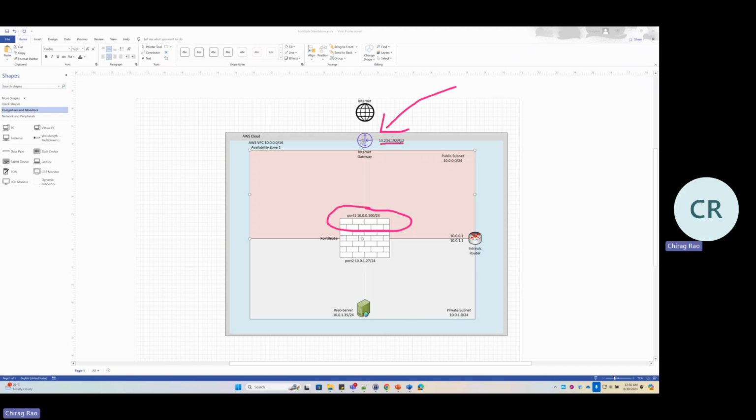This is an old IP. This would be updated, but we need a public IP. In AWS, a public IP is called an EIP, Elastic IP. So we need to create that EIP and then map that Elastic IP with this particular IP, because that would